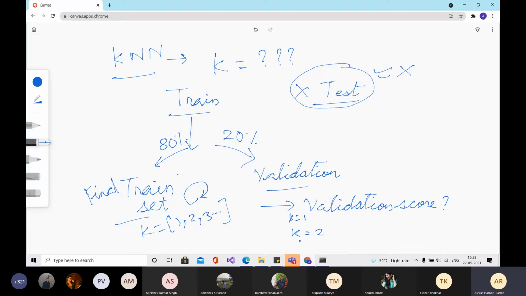For k equal to 2, I'll check the validation score, and so on. And I will choose the value of k that gives the best validation score. So this validation data acts as an approximation for your test data.